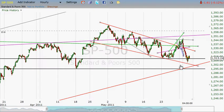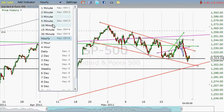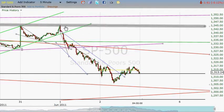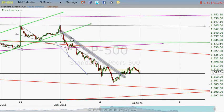If we go in and look at a 5-minute chart, we can see the downtrend that started, and I'm not starting it at the very top. If I start all the way up at the top, then it's real easy to show a broken downtrend, because that creates an artificially high starting point for it. I move this line to right here because so much lines up with that. So it appears to me that today we got out of that downtrend line,